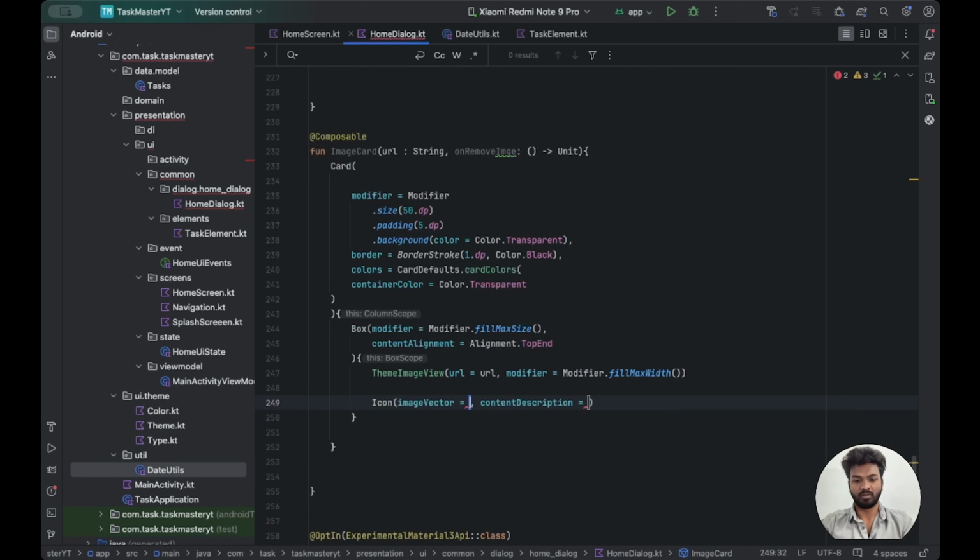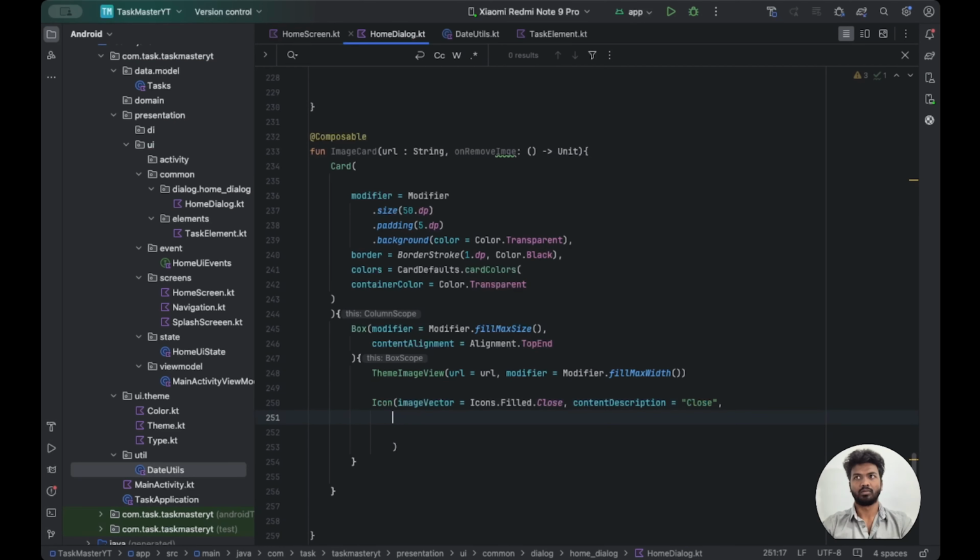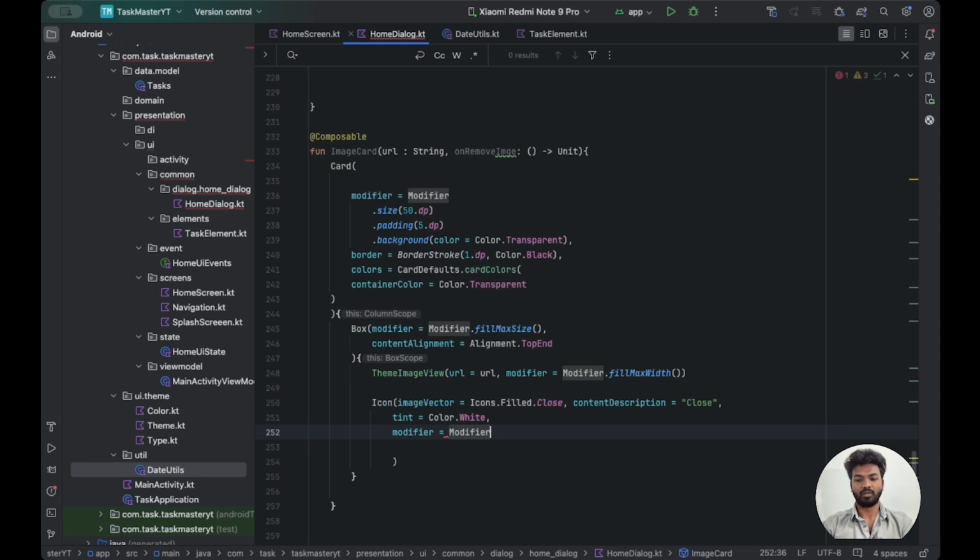In this image vector we are going to use icons dot filled dot close. Tint is equal to color dot white. Modifier is equal to modifier dot